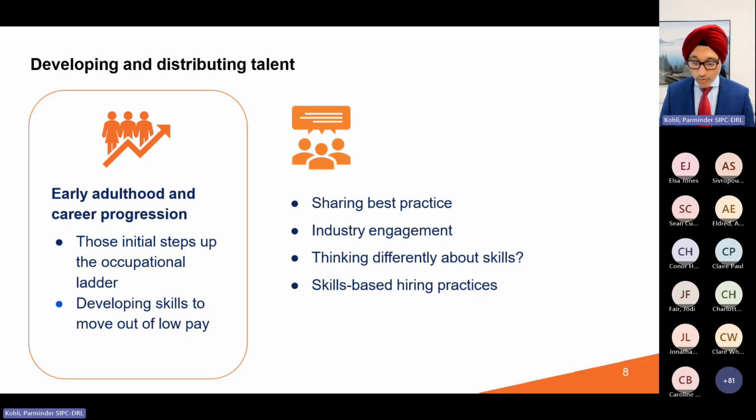And then, I think what we need to think about is how do we bring that into the regional plans which are being developed, and how are the employers going to think differently about skills-based recruitment and hiring practices. So I think there's a lot that this conference and the knowledge that exists in this virtual room can tap into. So finally, in closing, I would say,